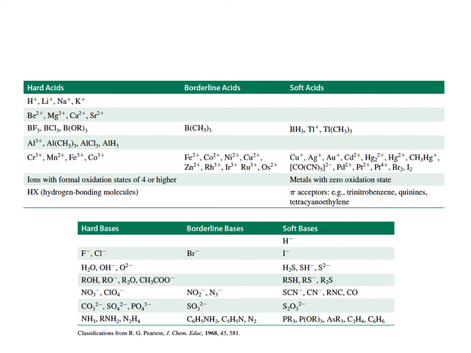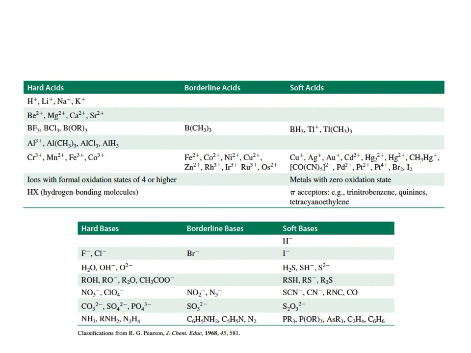The most prominent ones are those related with sulfur and iodide. Carbonyl, carbon monoxide, is a very important soft base, especially in transition metal complex chemistry. Also, phosphorus is an important soft base atom. Phosphine, so PR3, and related arsine, AsR3, are very important ligands in transition metal complexes. Last but not least are